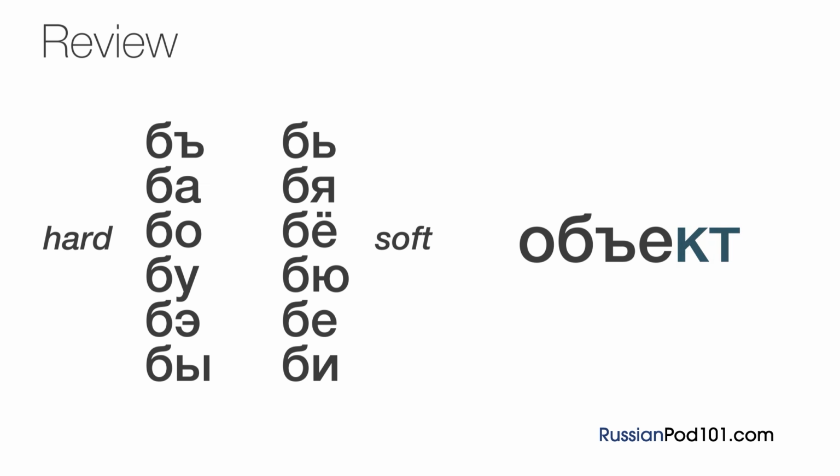In this example, then, the final two letters are pronounced with the hard pronunciation. Kt, Altogether, объект, now you know all the rules about Russian palatalization. See if you can guess the pronunciation of the following words. The first one is